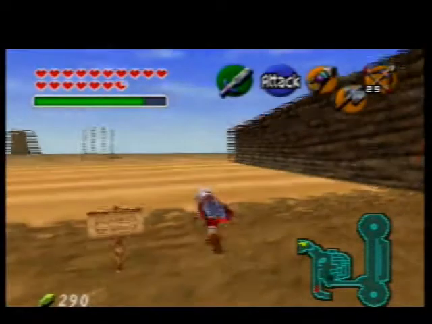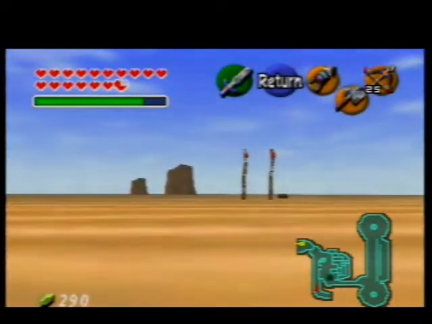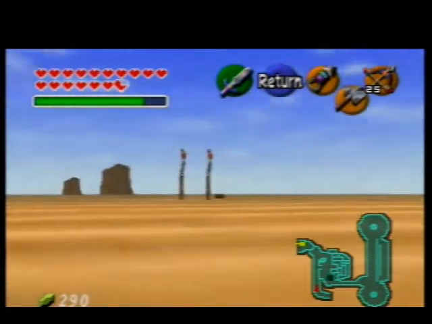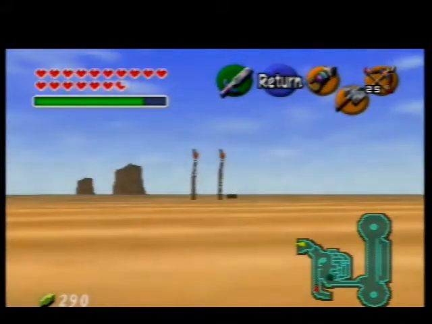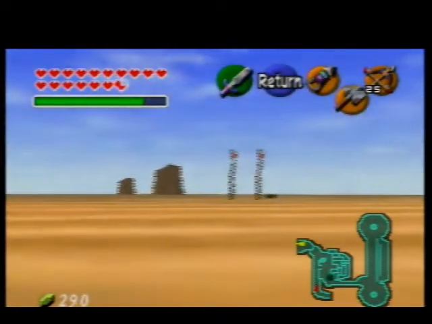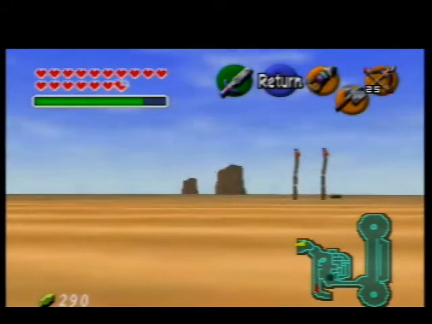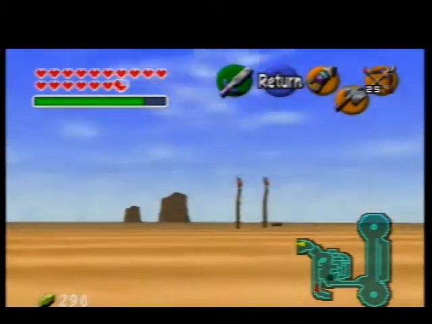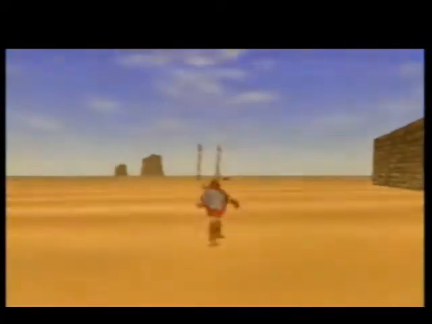Now I shall travel the vast desert. Look at that view. I mean, if this was remade on the Wii or GameCube, and it was just this shot, and the screen didn't fade into that other one, that would be like walking a mile to get to those two deals there. But it fades out right there, and fades in right here,